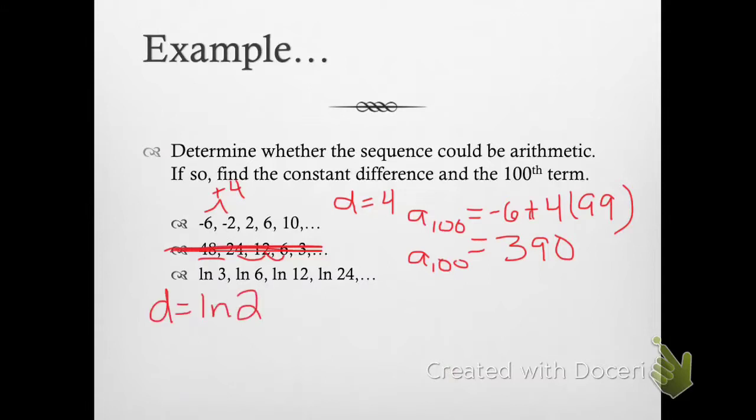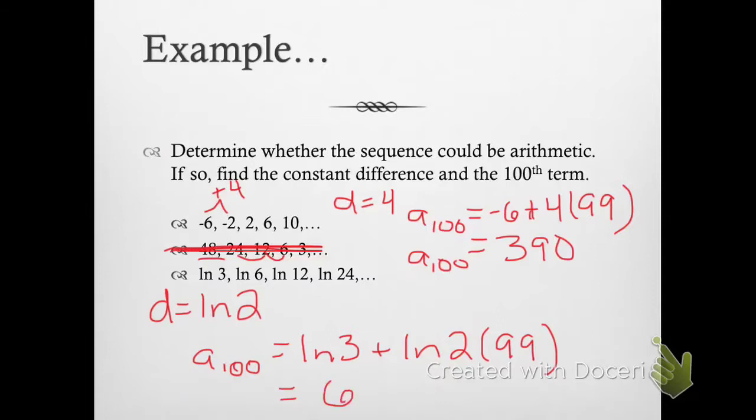So to find the 100th term, we're going to take the first term plus 99 times the common difference. You write it that way. And we get a 100th term of